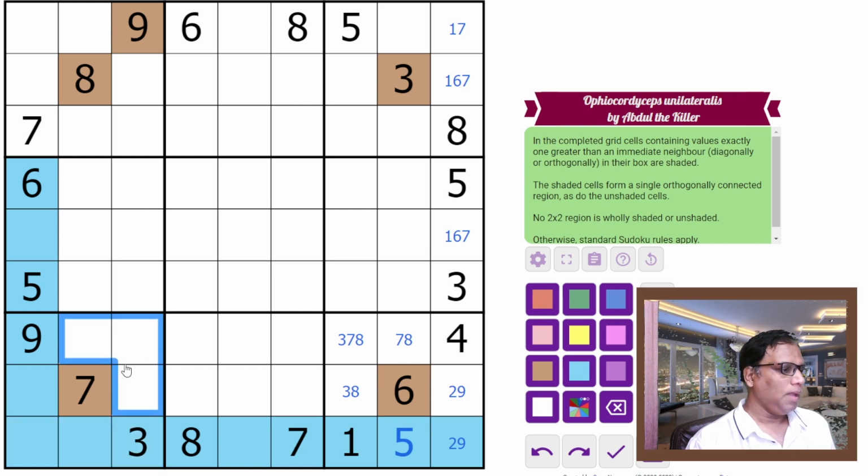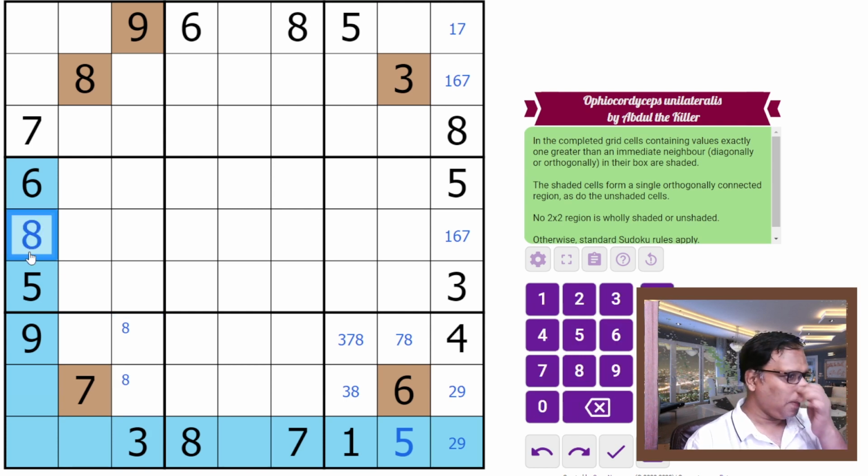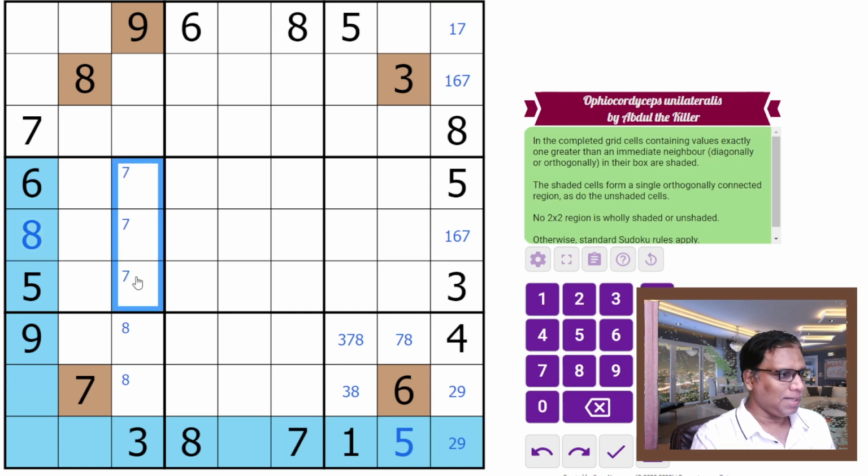Whatever it is, where could 8 come? 8 cannot come here. 8 cannot come here. And now 8 cannot be dark. So 8 must be somewhere here. And now 8 must be here by Sudoku. And obviously 7 is here. That means 8 will be like